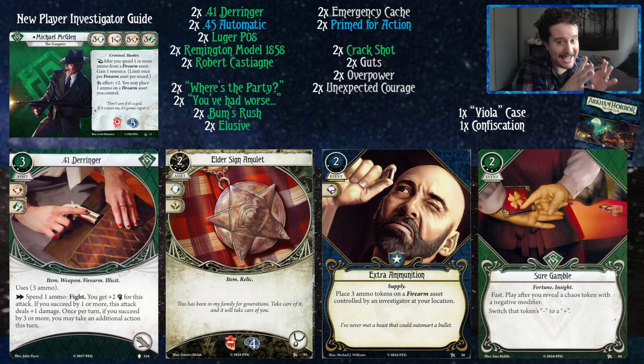So keep in mind, this card still does not deal +1 damage all the time. You need to succeed by 1 or more. However, once per turn, if you succeed by 3 or more, you may take an additional action this turn, and that is really nice. There are also ways for us to take advantage of that with the upgraded Robert, and I think it's a nice upgrade. I played this exact concept in Tony, and it worked really well, so I know it's going to work